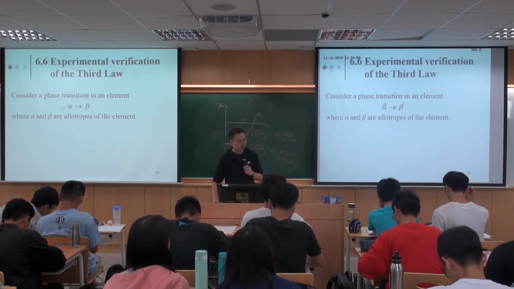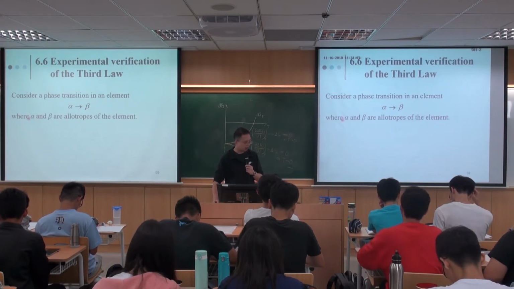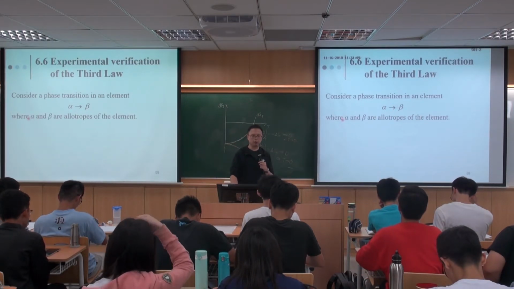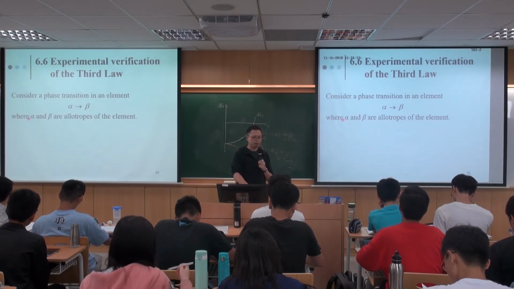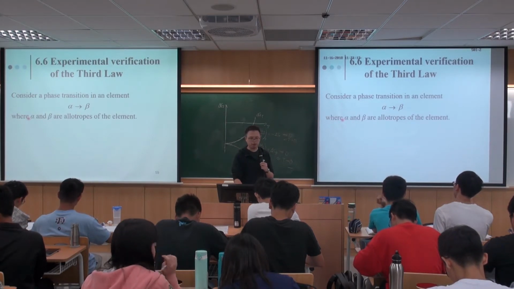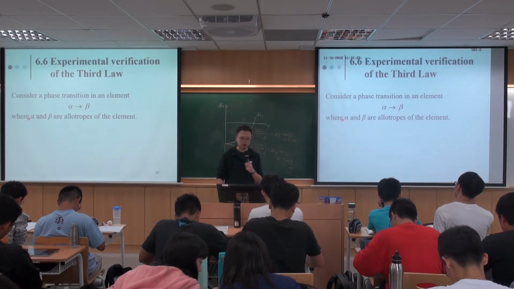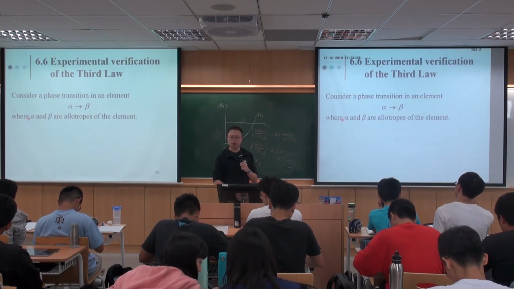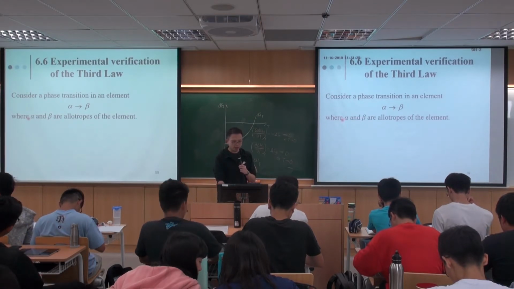Just consider a phase transformation for an element from alpha to beta phase. This material might have allotropes. For instance, with tungsten, you have alpha phase and beta phase, and you can have this kind of phase transformation, although both of them are still in the solid phase. Okay, so there's no melting involved. So if that's the case,